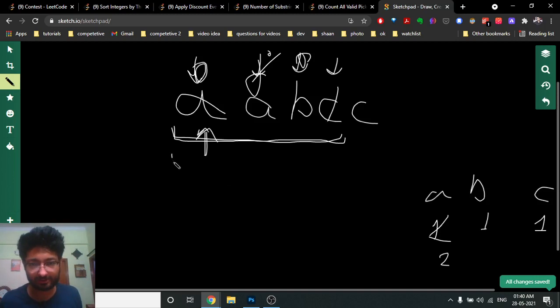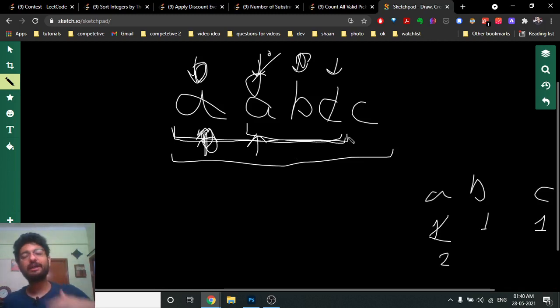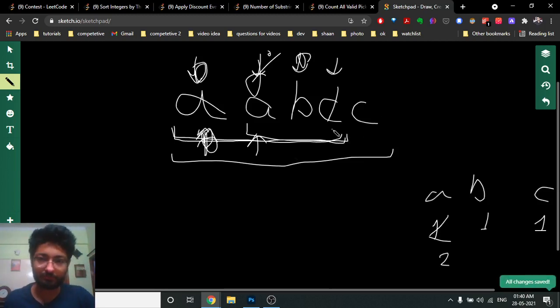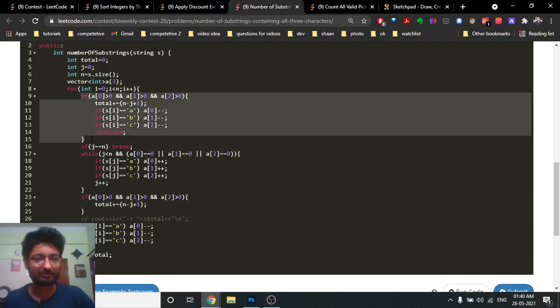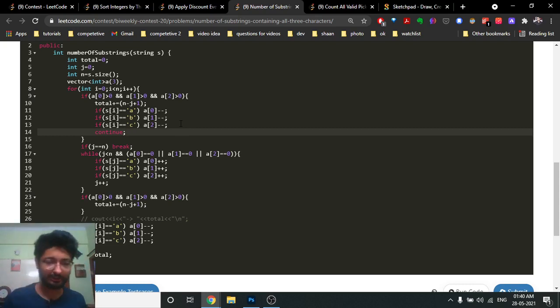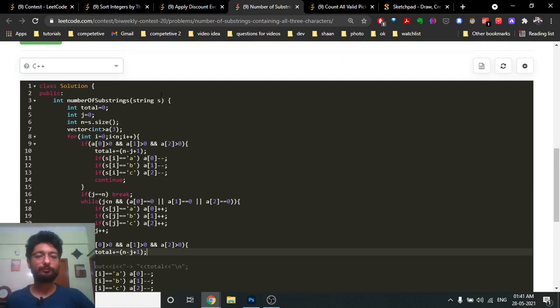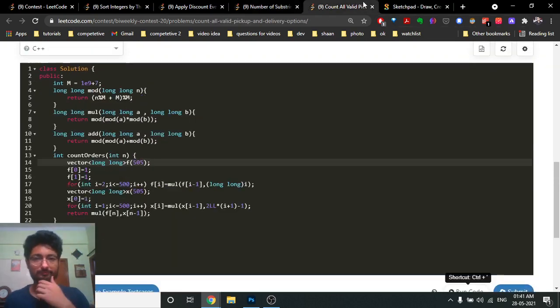So the number of substrings starting from this having all A, B, C is equal to this, and also this. Now as you can see, if I just move my left pointer by 1, at this point also I still have formed a substring consisting of all A, B, C greater than or equal to 1. I hope you get the point. So I don't have to go through the same thing again. At the start I just checked that it should be greater than or equal to 1, and just continue to my next iteration. Else if we haven't checked it, I will move my J pointer to the right and find my next position for which I have to find my total. I hope you get the point for this example also. You can also pause your video and look at the code part.